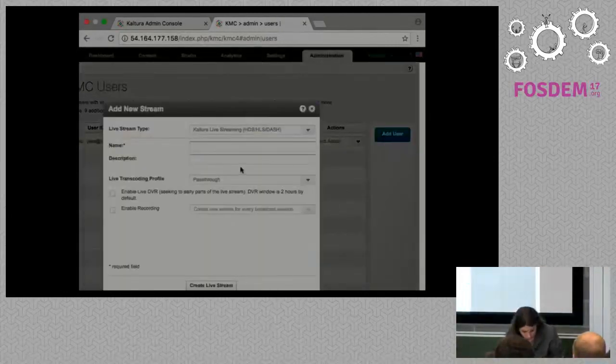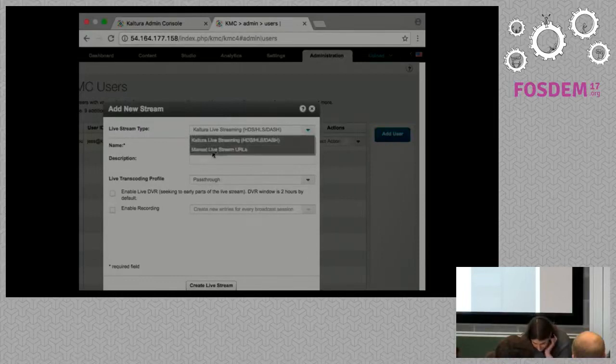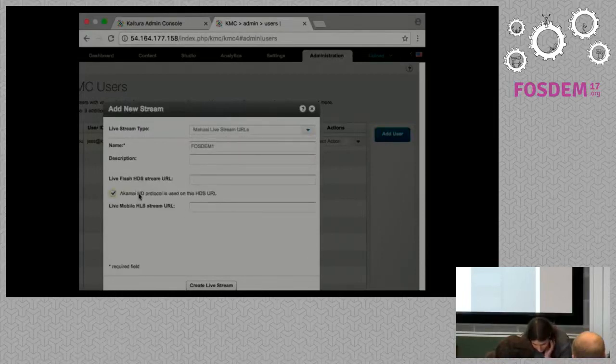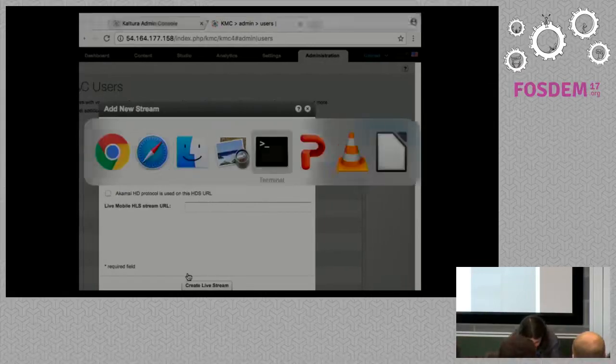All right, so live stream entry. We'll give it a name. Let's do FOSDEM 2. That's just a descriptive name. It doesn't really have any bearing on the process. And let's say manual live streaming, not Akamai. And here we just need to put in